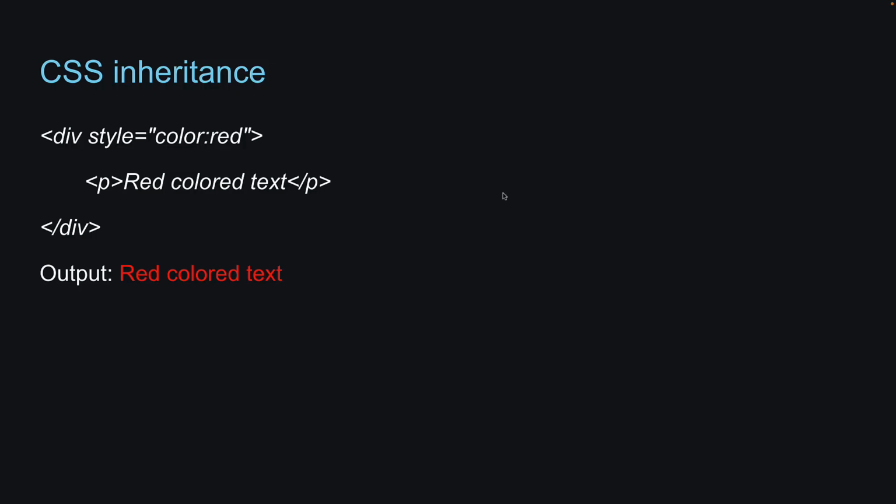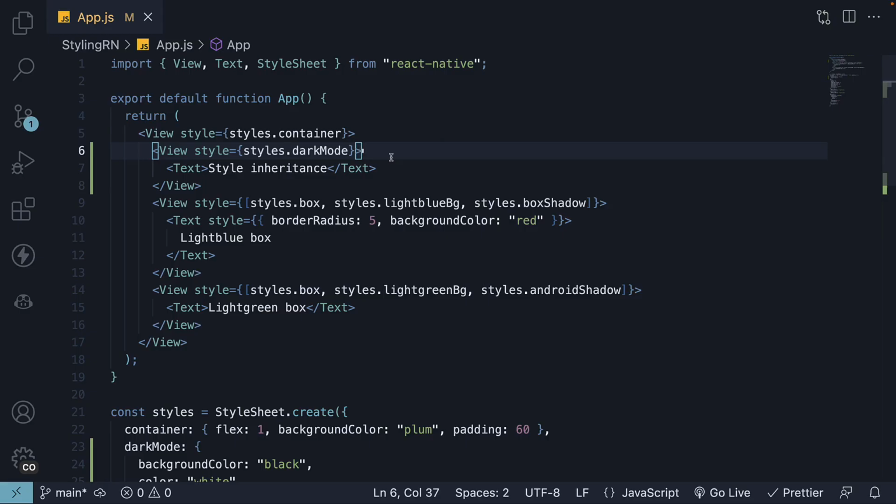In CSS for the web, setting a font color on a div tag applies the same color to nested paragraph tags within the div tag. This is possible due to inheritance, which is a feature in CSS. The paragraph tag inherits the color from its parent div tag. However, when working with styles in React Native, there is no inheritance of styles from a view component to a